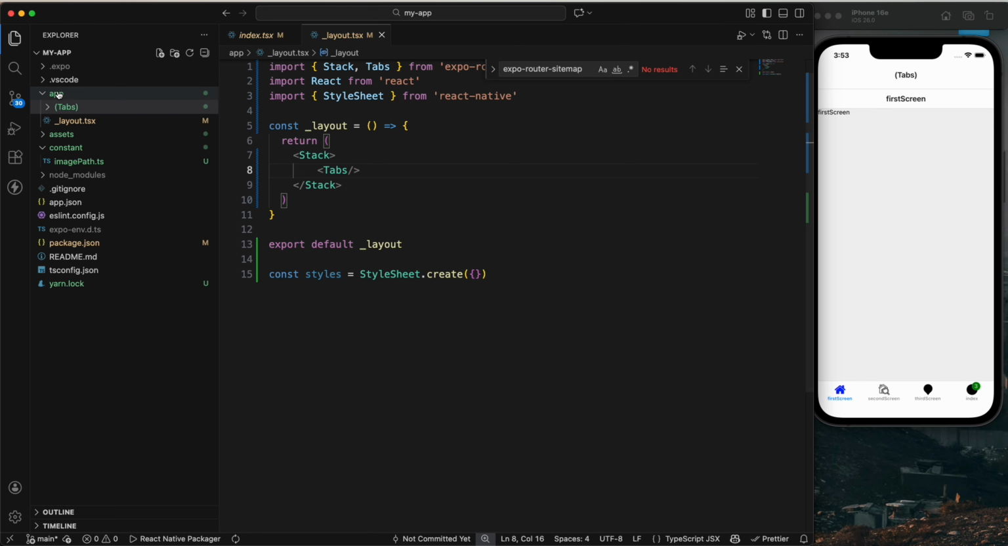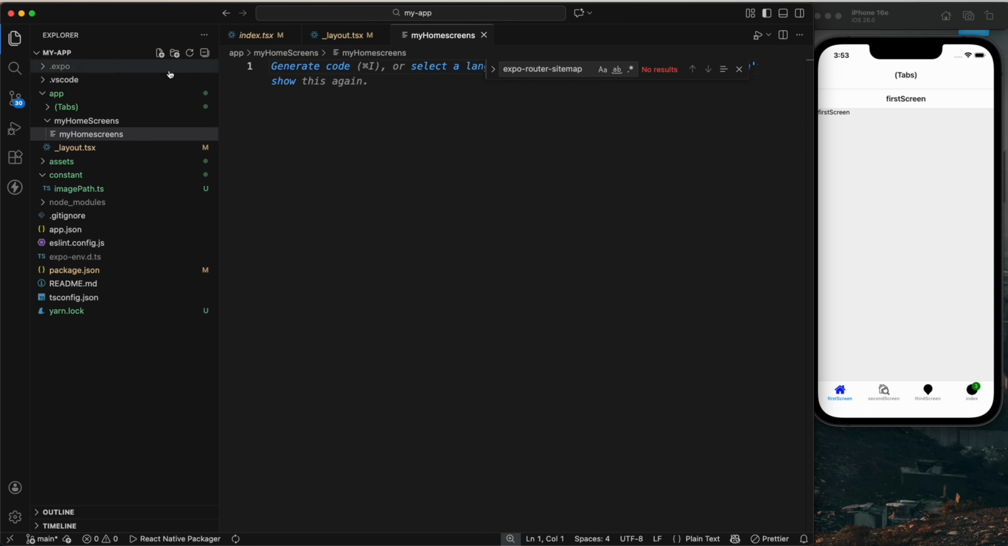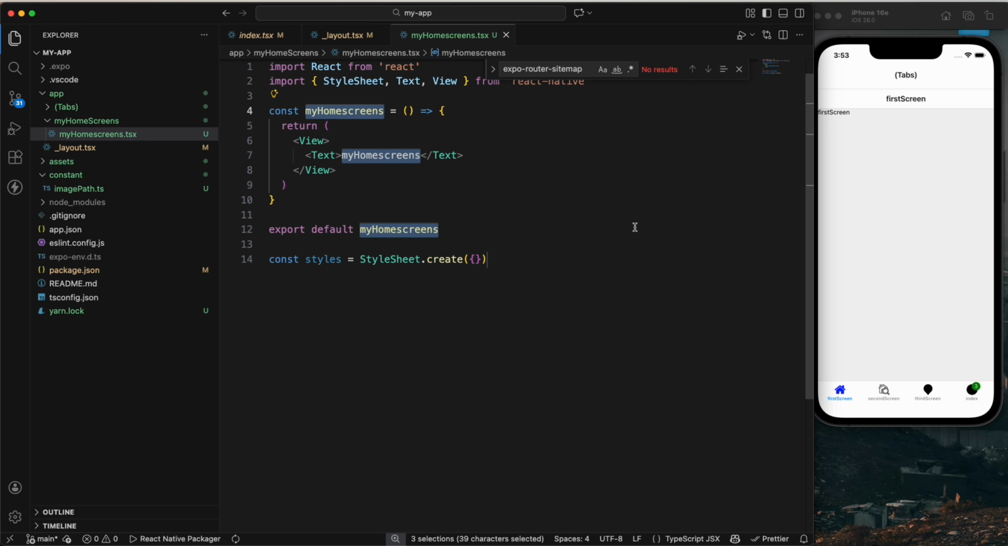So now I'm going to the app folder. If I create one folder with the name of my home screens, let me create it, my home screens. And if I create one file with the name of my home screens .tsx, and let me import these things. If I save it,